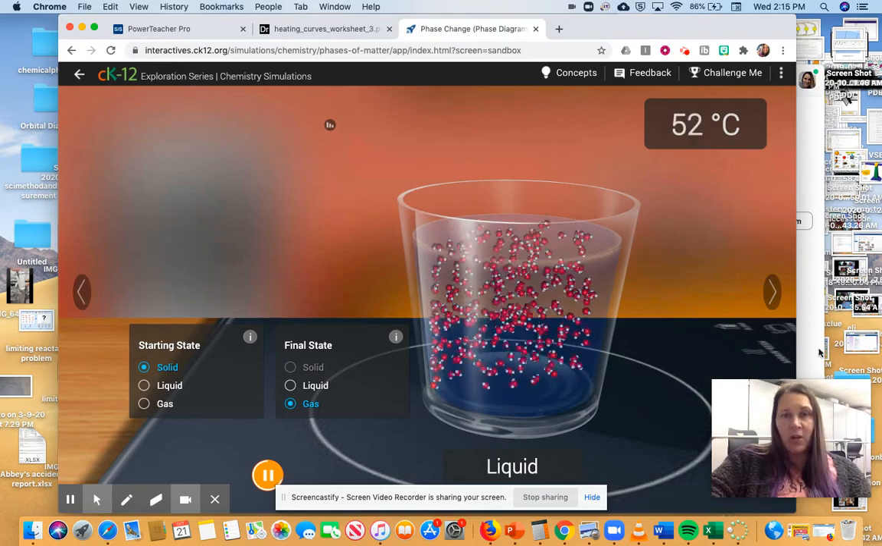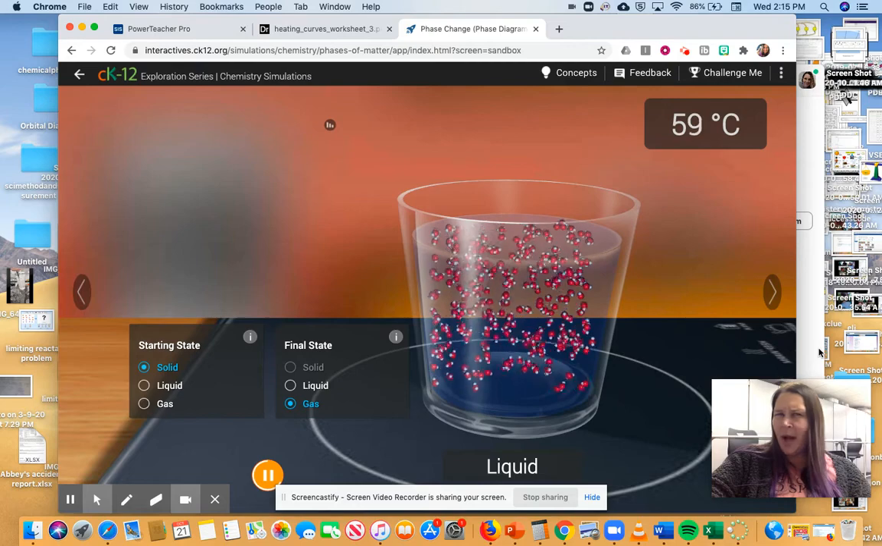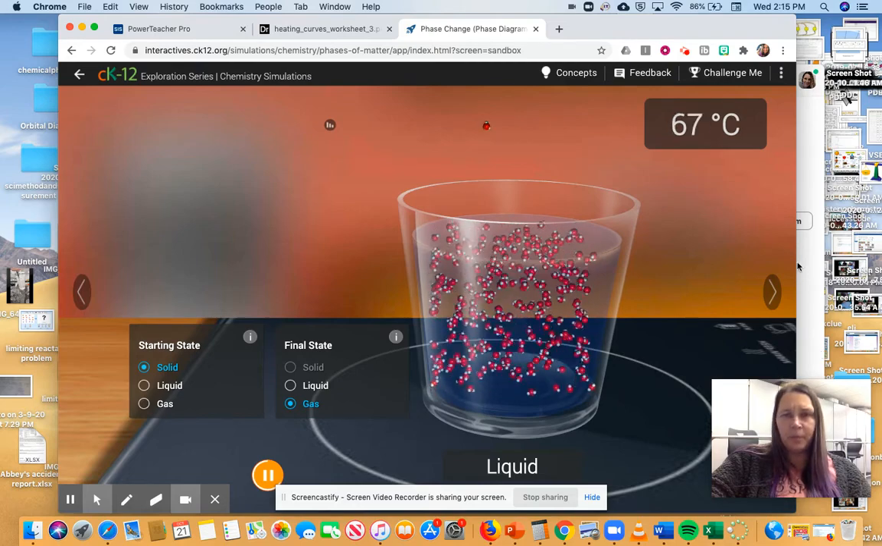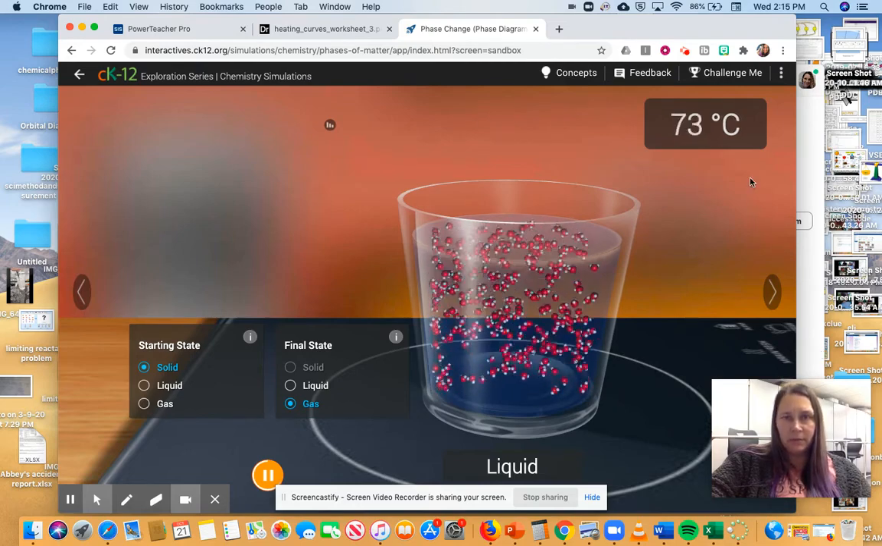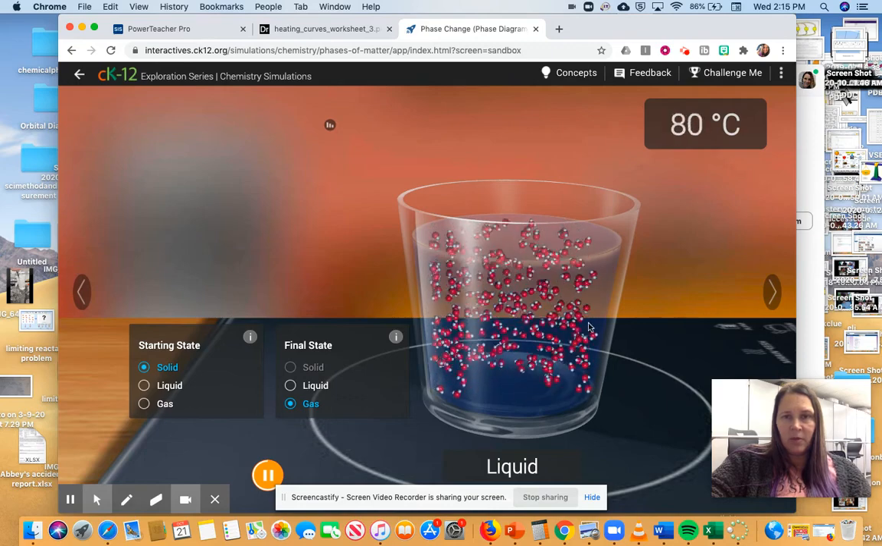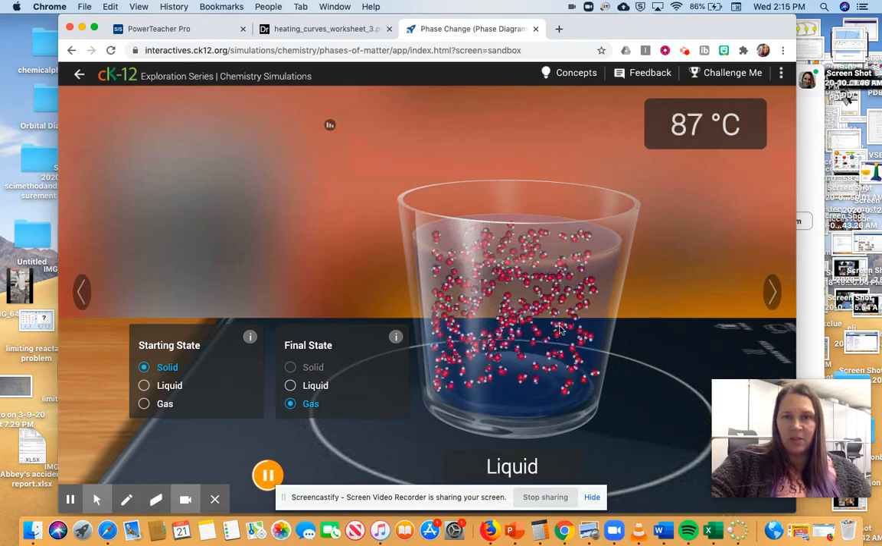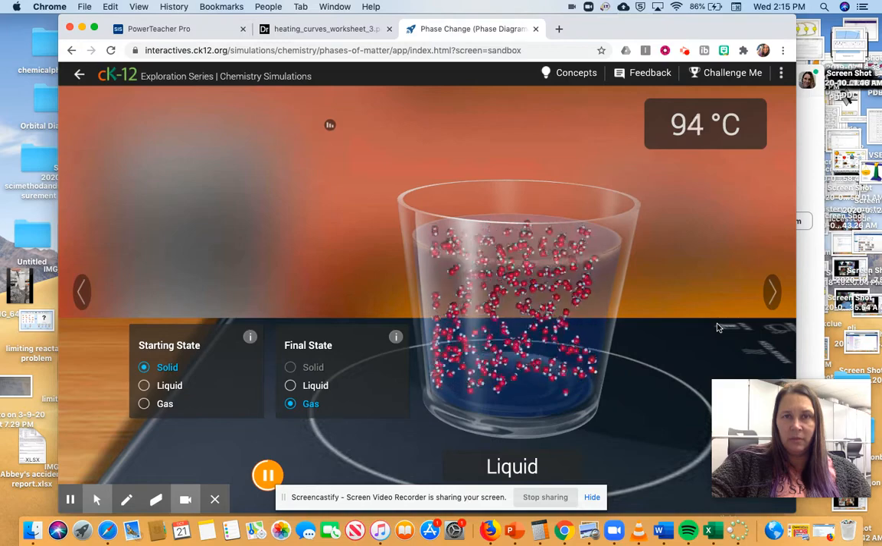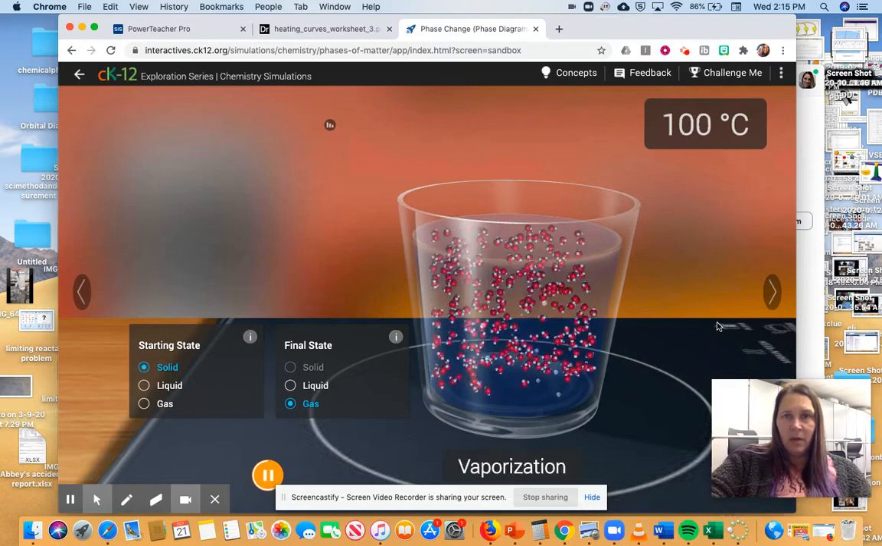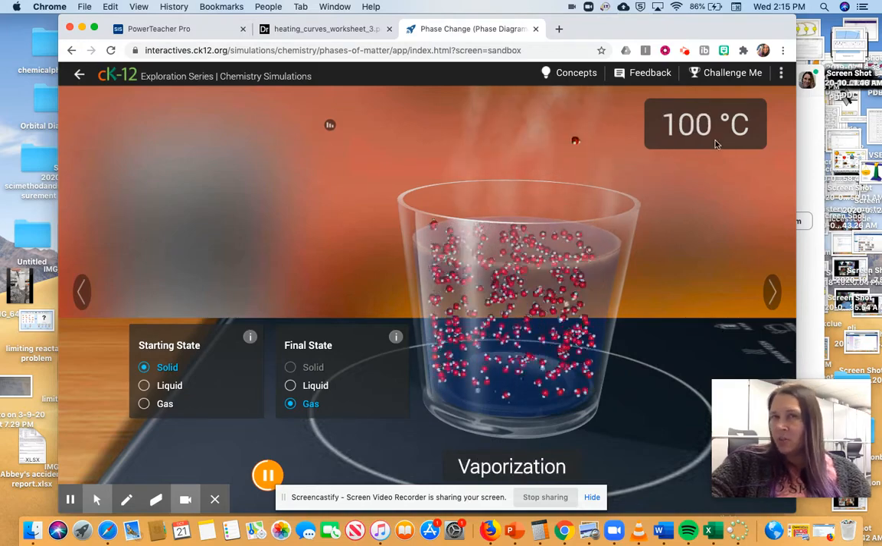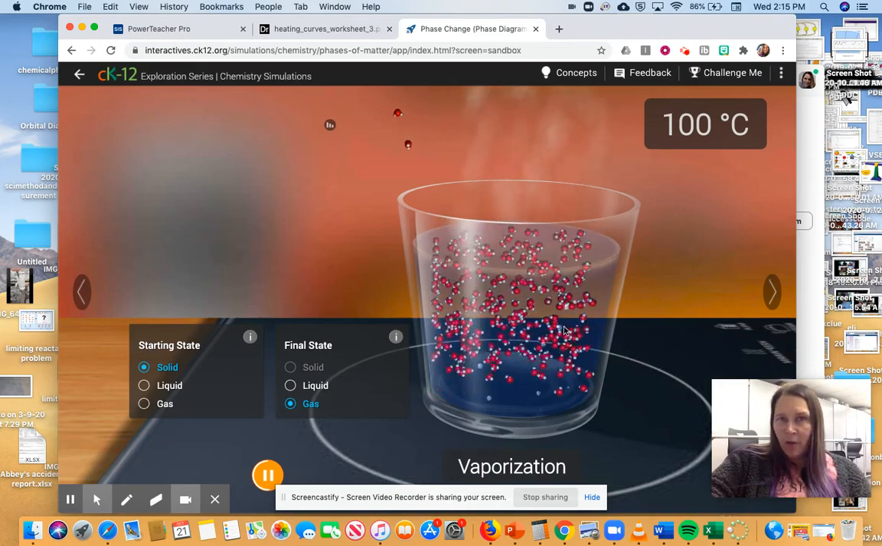So we're going to go ahead and let the water get up to 100 degrees Celsius, and then we're going to see what happens when we get to 100. So it's still going. Particles are moving a little bit faster. We can see them moving faster down here. We get to 100 and notice that our temperature is staying the same, but the volume of our liquid is